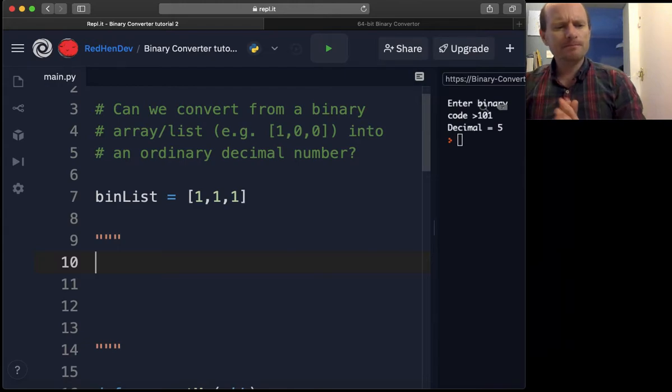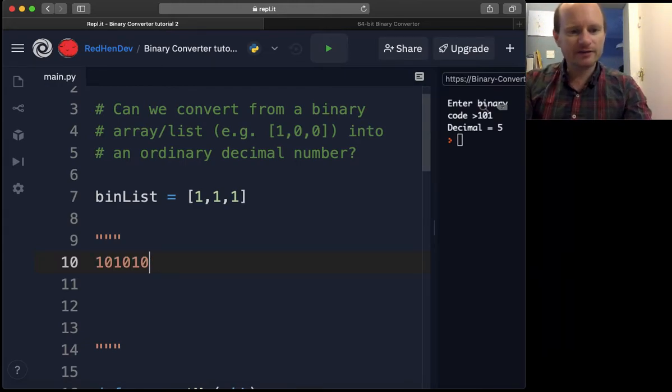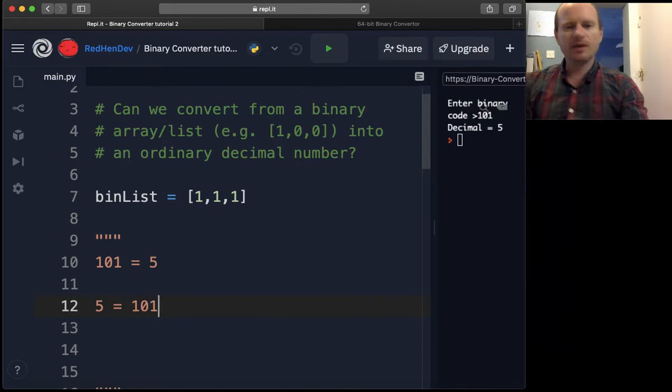So, how on earth are we going to do this? We're going to get a number like 101, and we know that that equals 5 in decimal. How do we go from 5 to being 101? How do you do that in the reverse process? Well, the way I work this out, and I've worked out 2 algorithms to do it,